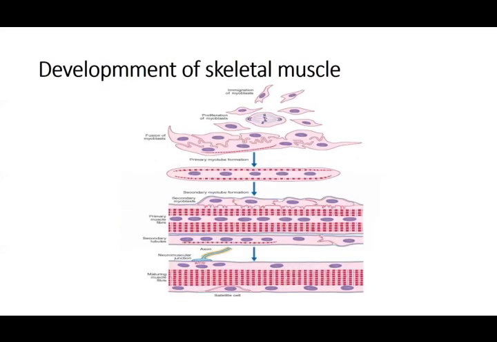Then you have the skeletal muscle. Skeletal muscle develops from myocytes. These myocytes fuse together, giving formation of plenty of nuclei. It is cylindrical, and these nuclei form myotubes, which are not formed by other cells. They are formed just by the fusion of different myocytes. Myocytes are the basic cells which form the muscle fiber. These fuse together, and that is why you see the nuclei placed at the periphery.